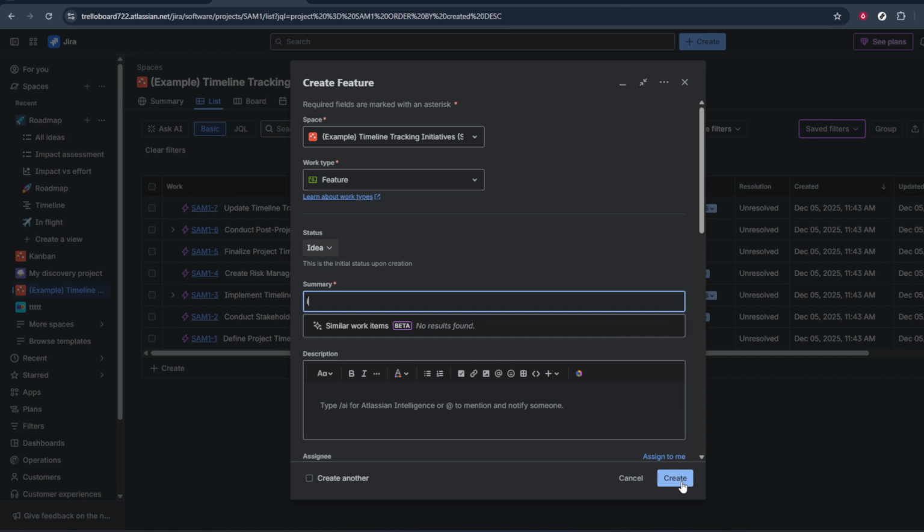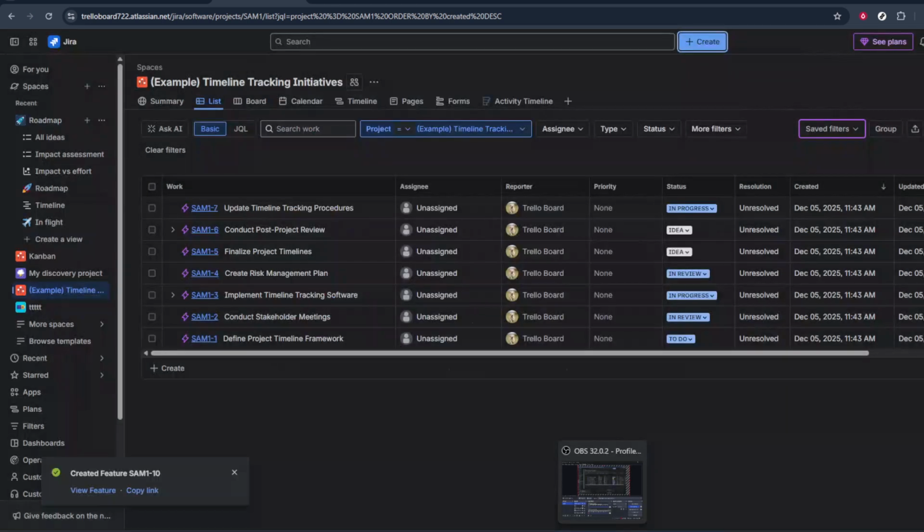Finally, once Bugs is selected, look for the confirmation button labeled Add. Click on Add to save this new work type to your project. After this, the bug issue type will be available whenever you create new work in that project, making it easy for your team to report and track problems in a consistent way. And that's it. You've successfully configured your project so you can create bugs in Jira and keep your defect